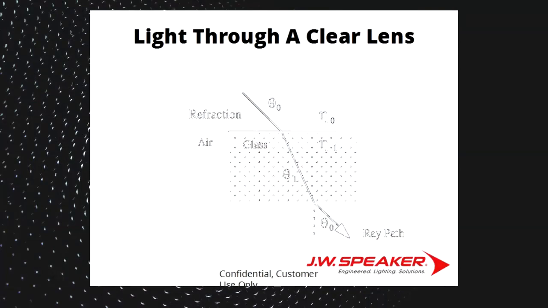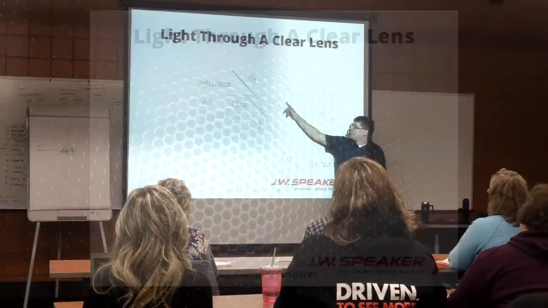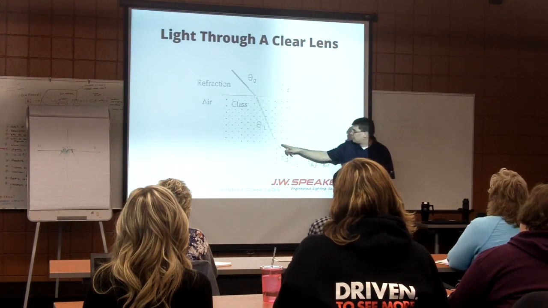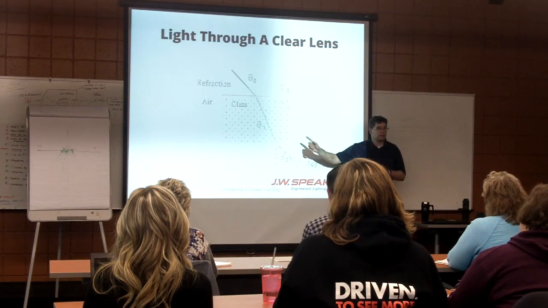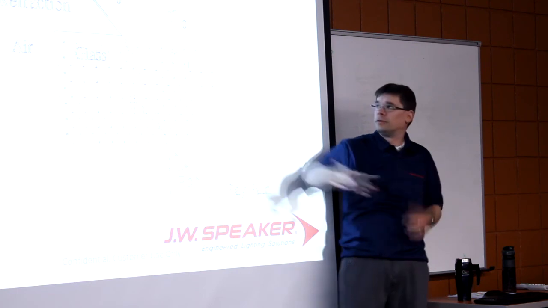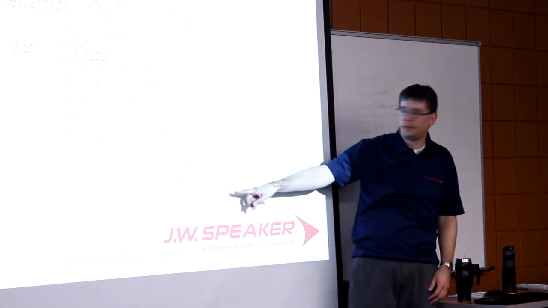This is just another picture, of what we talked about before, refraction. As the light goes through material, it's going to bend as it goes through that surface. If we've got a relatively flat surface, you can see here the ray coming in and the ray going out are about the same angle. So if we've got a thin-walled, relatively flat outer lens, the ray going through this lens isn't going to be